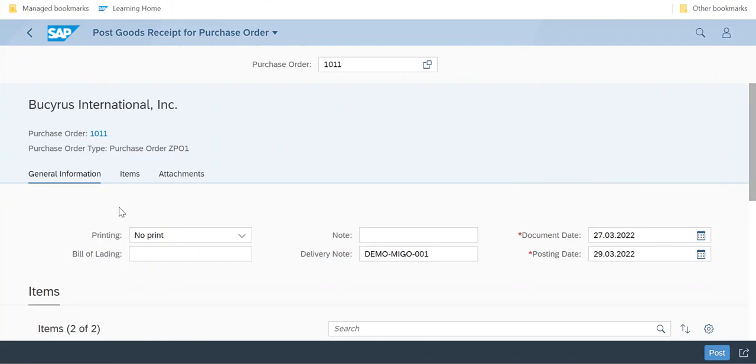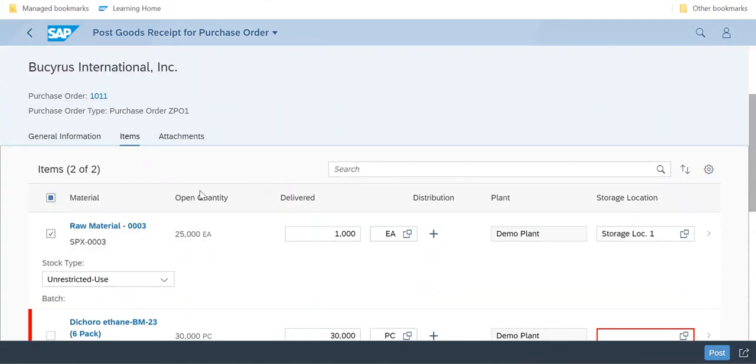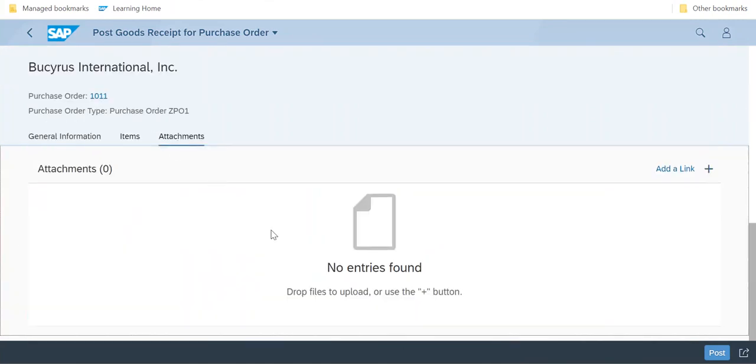After this, you don't have to do anything. You can see which items are there, and in case of any attachment in the purchase order, it will flow from the purchase order automatically, or in case you want to add any attachment, you can do that as well. After this, just click on the post button